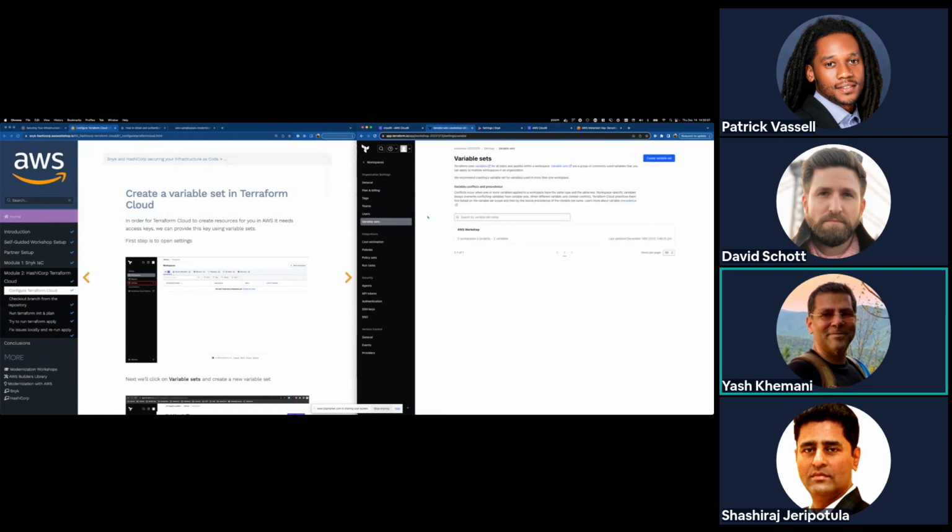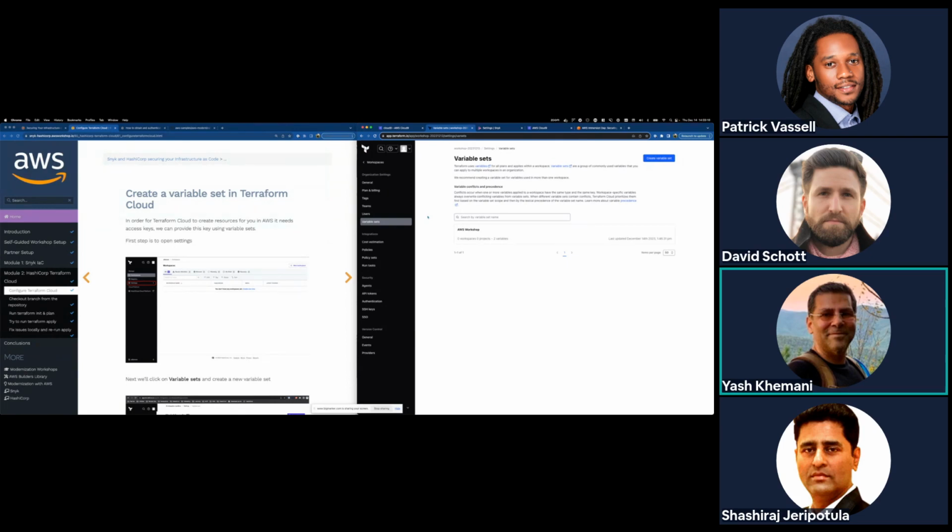When you're setting up variable values for your Terraform runs, you can set them at the workspace level. You can also create a variable set that allows you to apply those variables to one or more workspaces or projects.